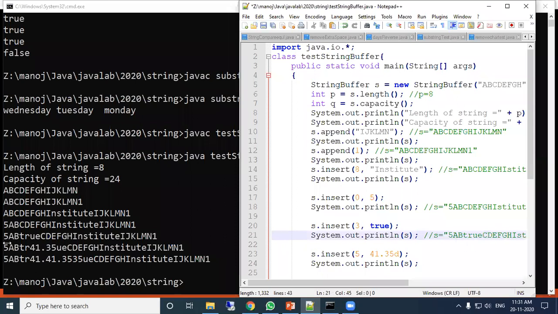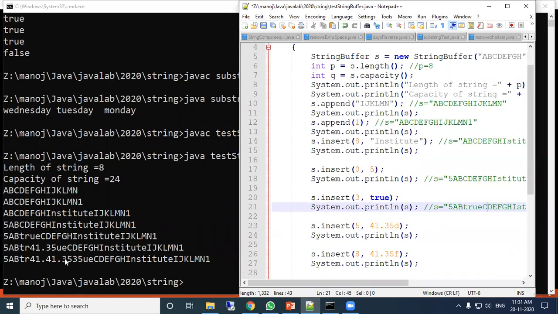So AB true, this is inserted. Then similarly here it inserted at a particular position, that is the double value. Here the float value is inserted. So this is the example of the insert method, append method, and length and capacity.